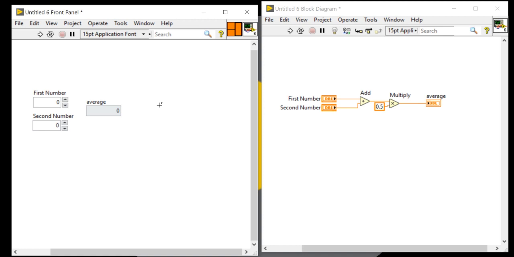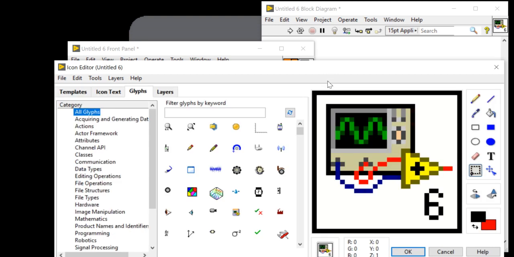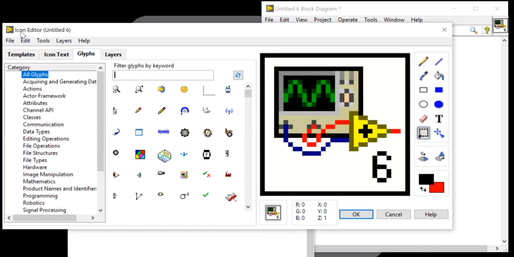Thank you. After that, are you able to see this icon? This icon is visible to you. So right click on this icon and select the edit icon. When you click edit icon, first time it will take a few seconds, then you will get this edit icon